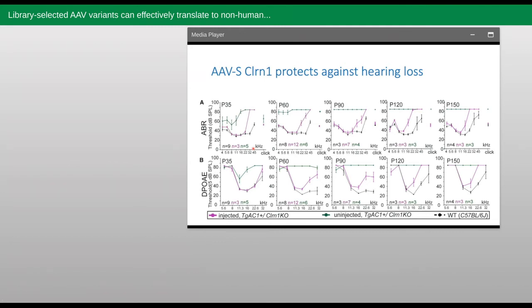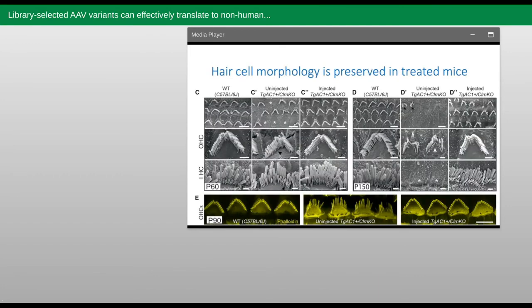So we were really pleased with this, and this is reflected in DPOAEs as well, which are an indicator of outer hair cell function. We see again in low and middle frequencies, this corresponds to the apex and middle of the cochlea. We got, again, wild-type levels of rescue that were maintained throughout the lifetime of the study. And we see this reflected not just in hearing, but also in morphology. When we looked using SEM,